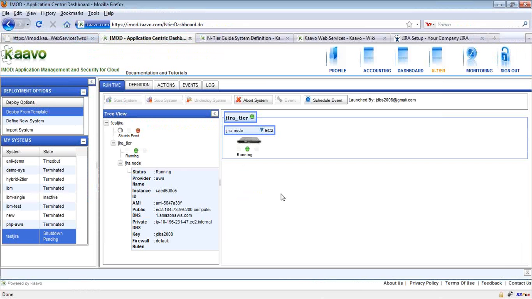And you can see the test Jira application is shutting down. Alternatively, you can say that the shutdown workflow is underway.